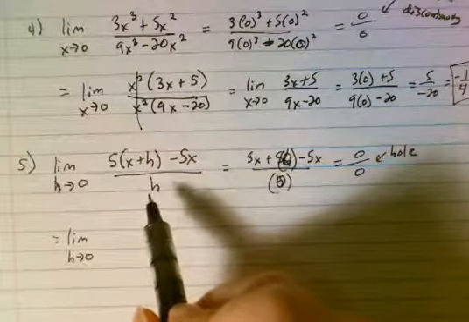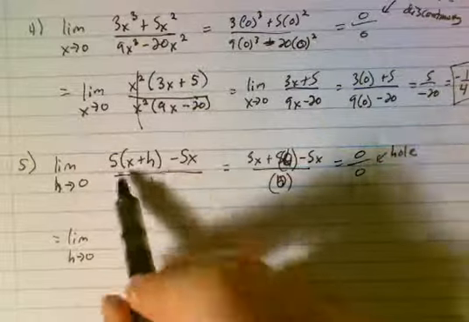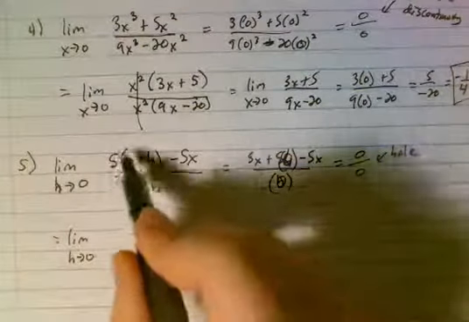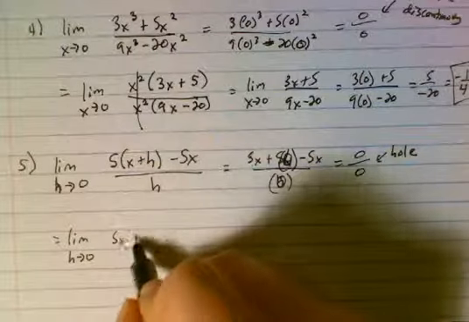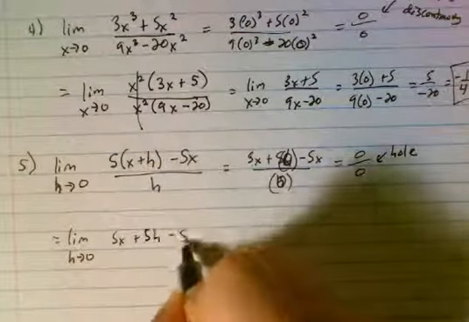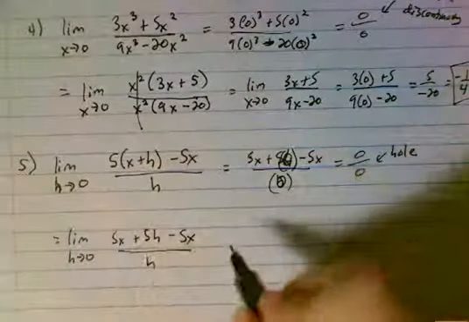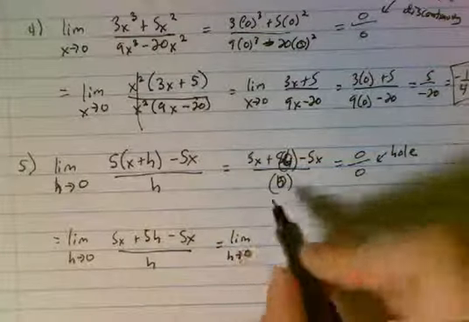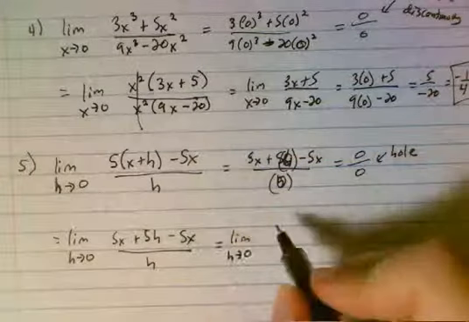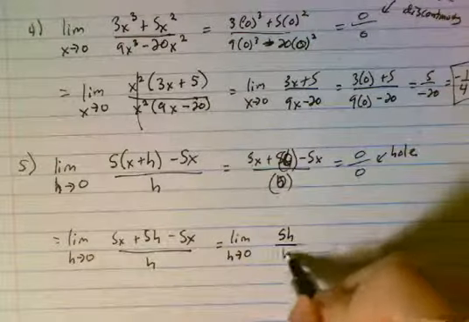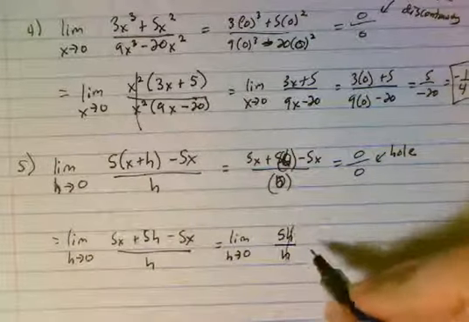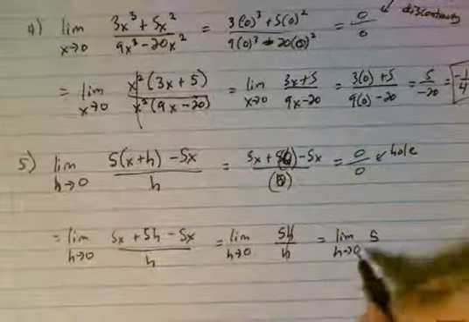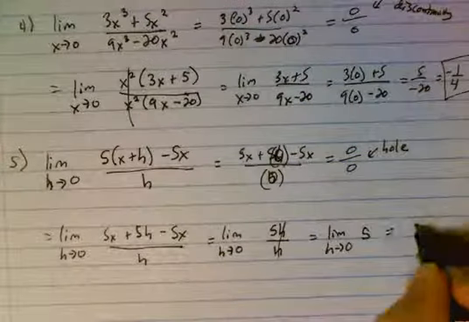But let's see if we can just distribute and combine like terms. So let's distribute: 5x plus 5h minus 5x all over h. 5x minus 5x is 0, so we just have 5h over h. Oh, look there, that cancels out. Limit as h approaches 0 of 5, or just plain old